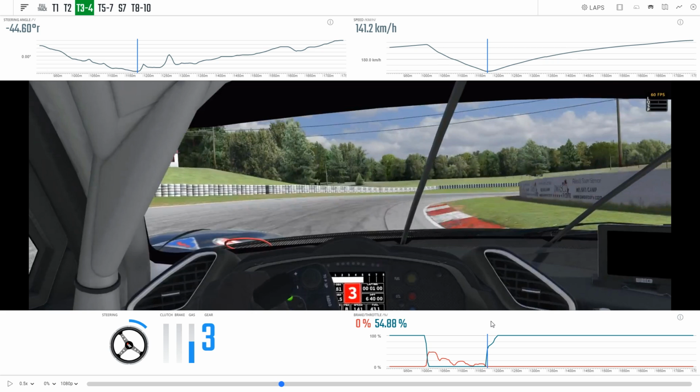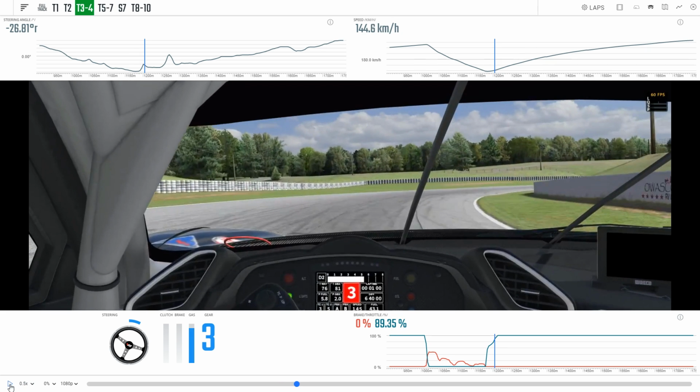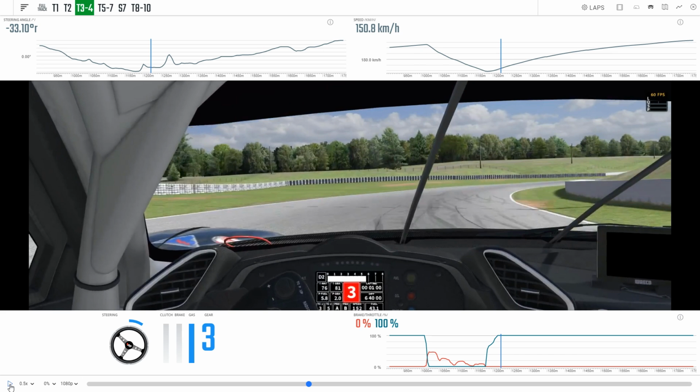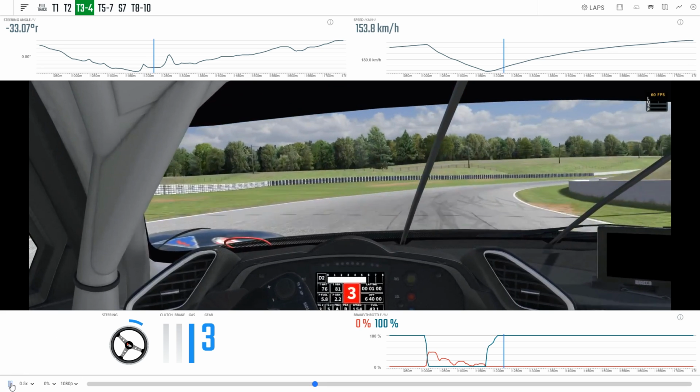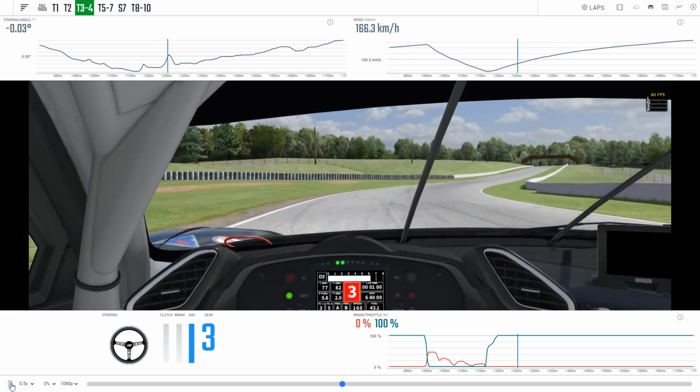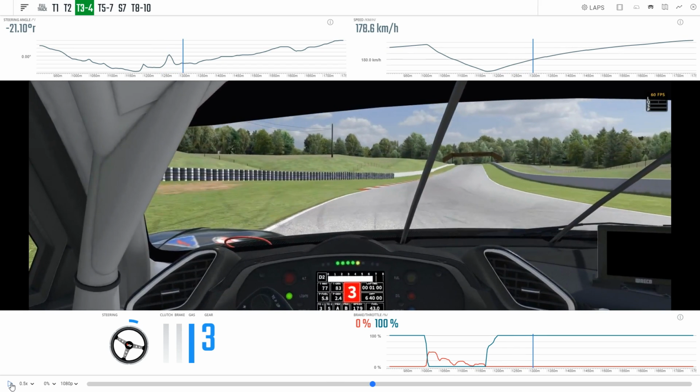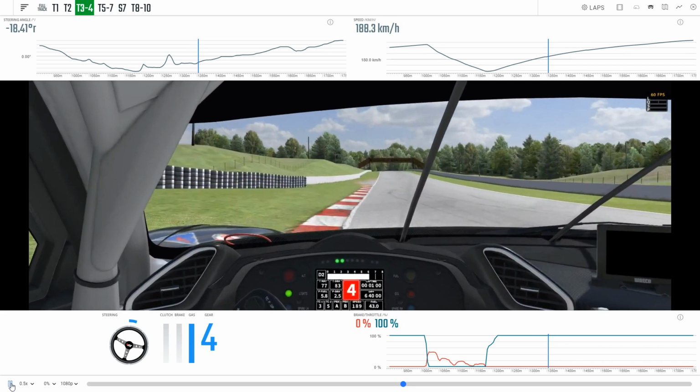The circuit kind of crests a little bit as he's putting the power down, so it's a little bit more slippery than some of the previous corners through the exits. So a little bit of modulation, and then when he knows that he can sense that the car will run out no wider than the exit of the track, he commits to full throttle, and we can see that he's